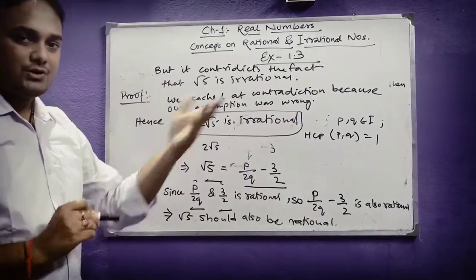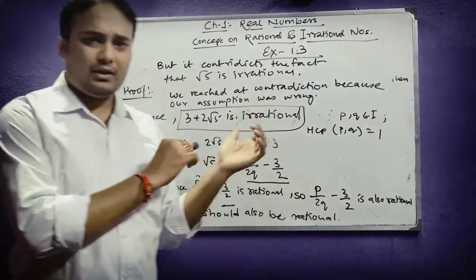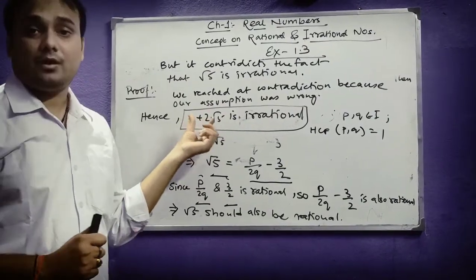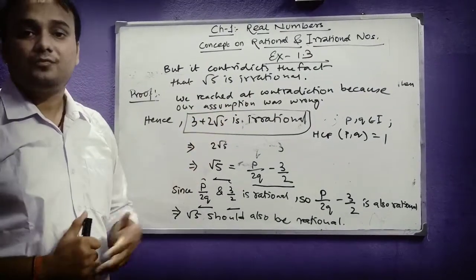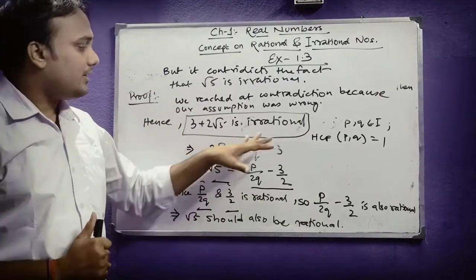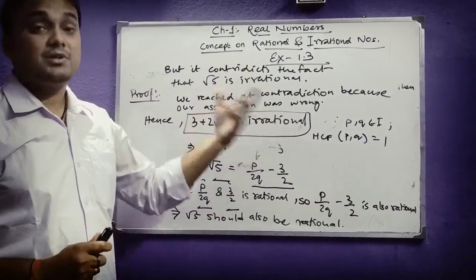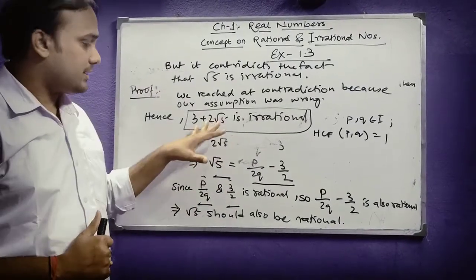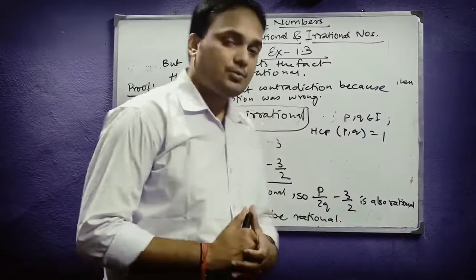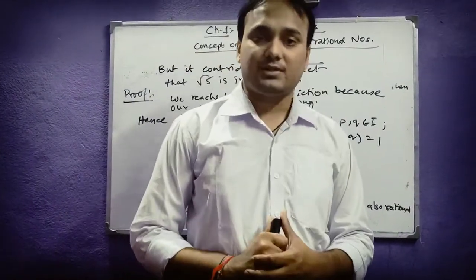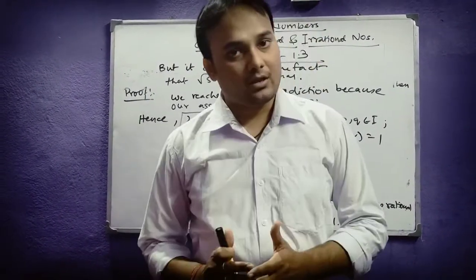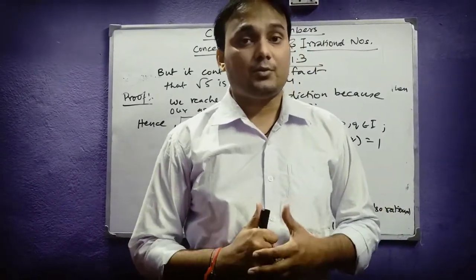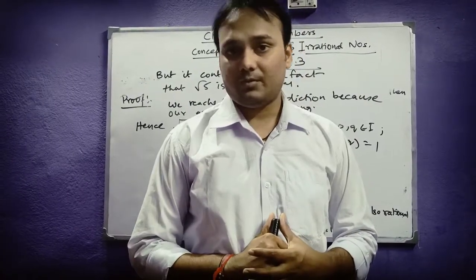Hence we followed just the previous method only, but it was a little bit different, as the expression of the question was not like root 5, it was a little bit different. So we applied a different method, but not that much different, quite similar, and it will be much easier and helpful for you to prove statements like this as irrational. So students, our main topic of discussion for today was what is irrational, what is rational, and if any mathematical expression or any number is given to us to prove irrational, how will we do that?